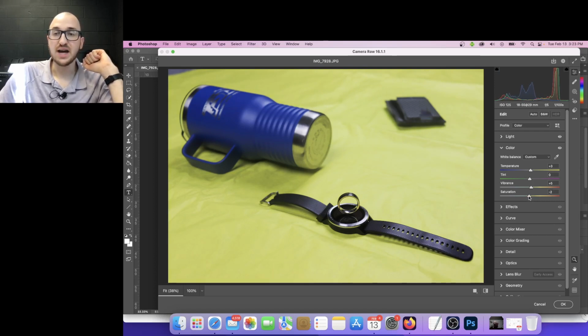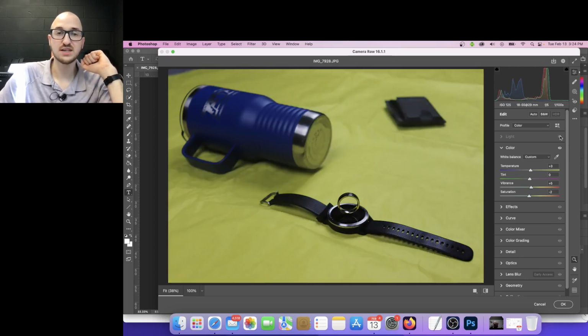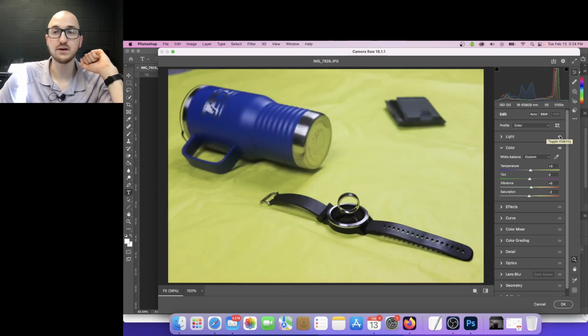Now, as we're closing out this process, it's important to know that you can see a before and after view. If you hold down on this eyeball, it'll allow you to disable the effects for that section. So this is with it off, that's with it on, so small, but some important improvements there. We can do the same thing by holding down on the light section, and that's where you'll see a little bit bigger of a difference. So we can really take this in a step-by-step, see what each of these steps is doing for our before